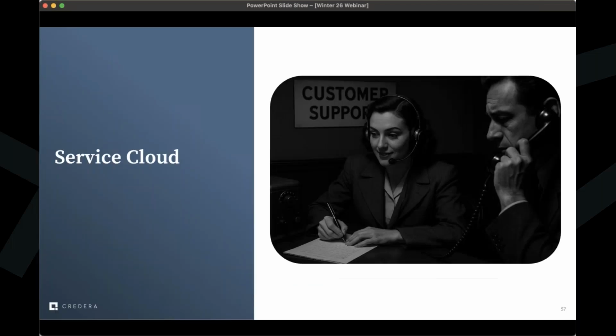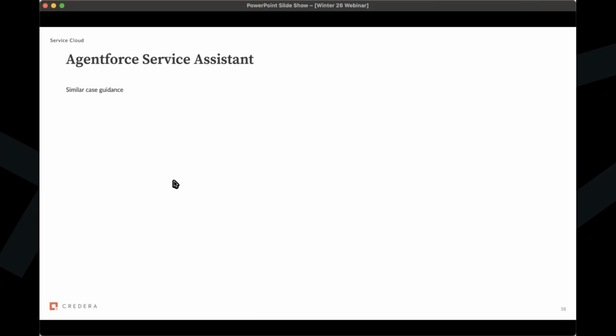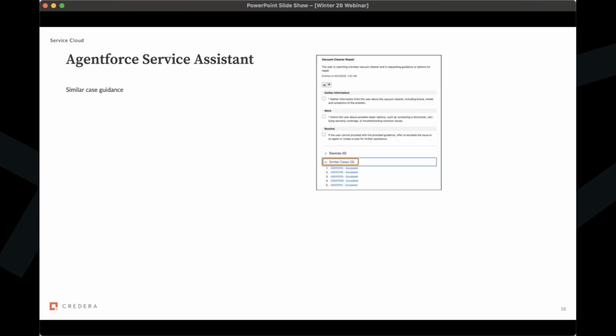And finally, for our next generally available topic, Service Cloud. So Agentforce Service Assistance has some improvements. Firstly, there's similar case guidance. So semantic search powered by Data Cloud identifies related resolved cases in a service plan and shows them to the